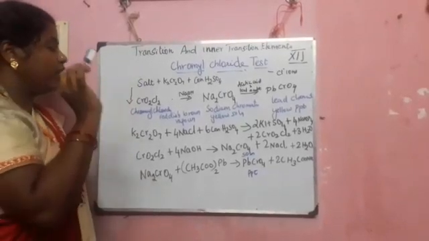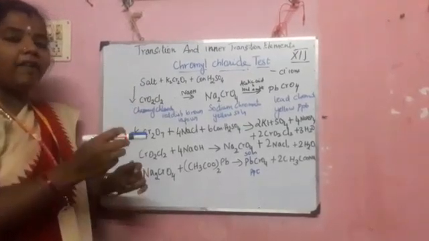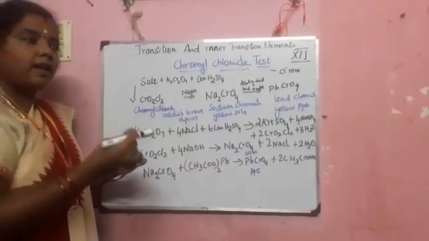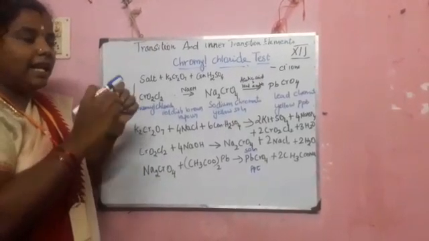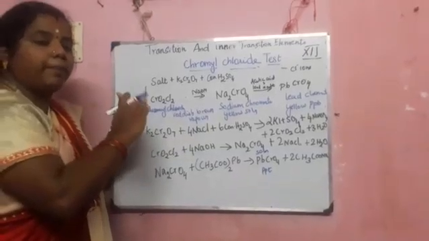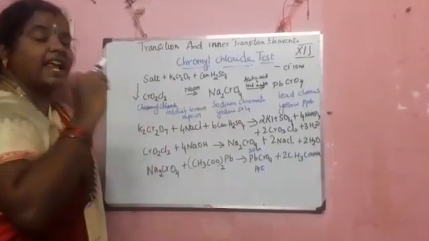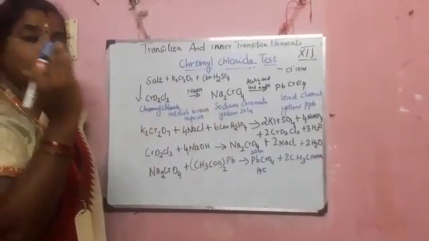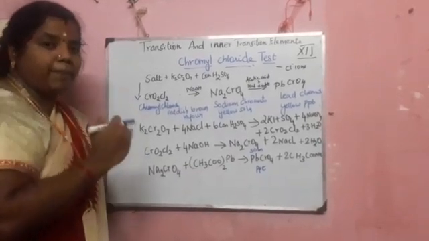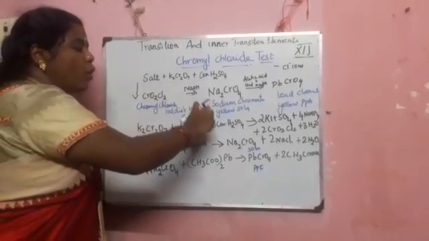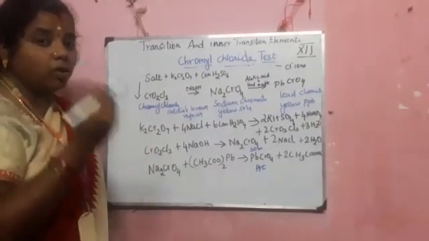Those dense fumes will be called chromyl chloride. So again, what happened: you have taken a test tube with sodium hydroxide, and then we pass those vapors into the test tube. We get sodium chromate, which is a yellow solution, from the colorless solution of sodium hydroxide. When it is treated with those vapors, sodium chromate will be formed, and it will be a yellow color solution.